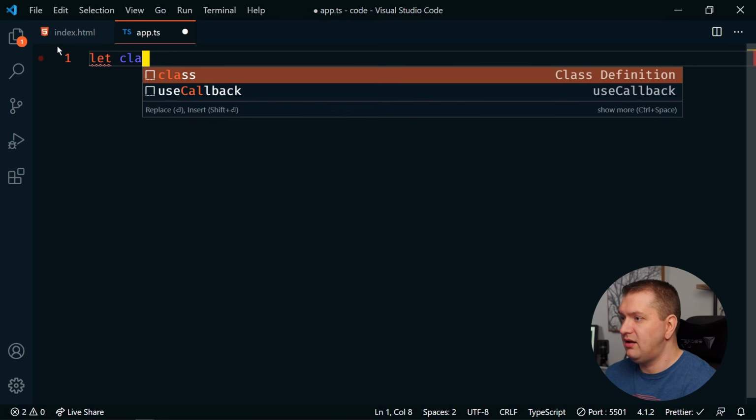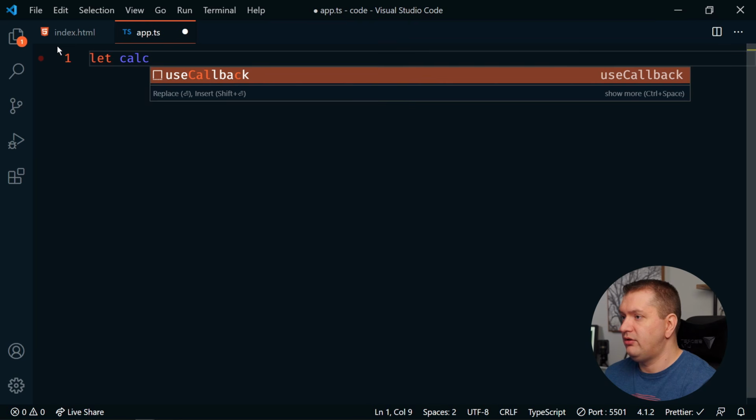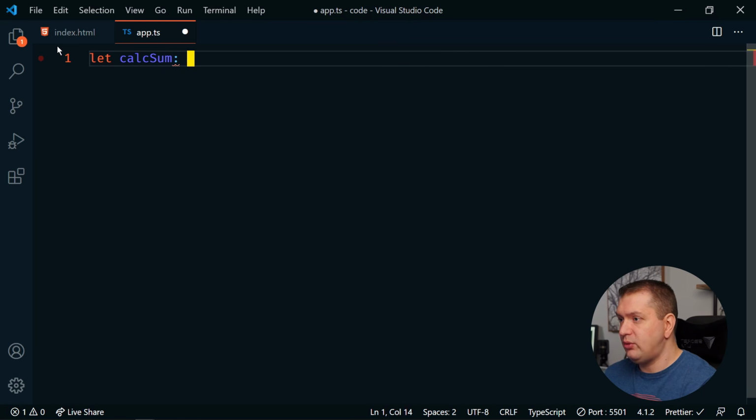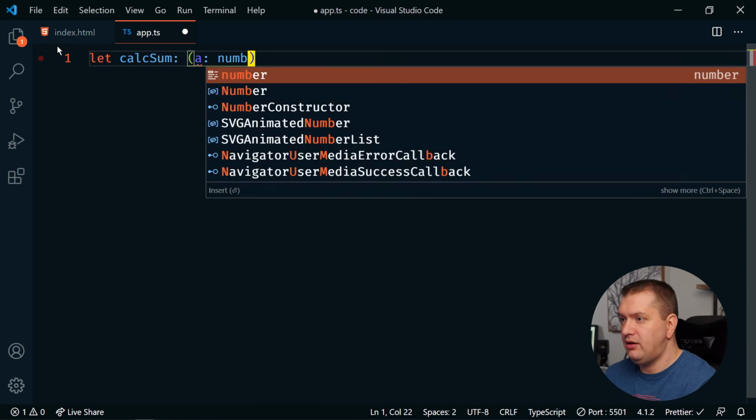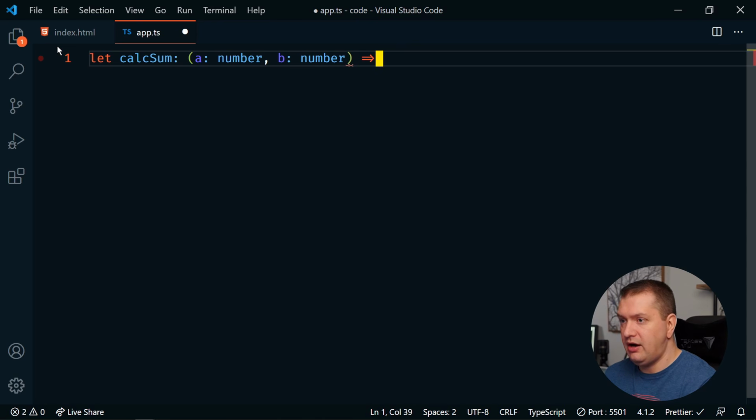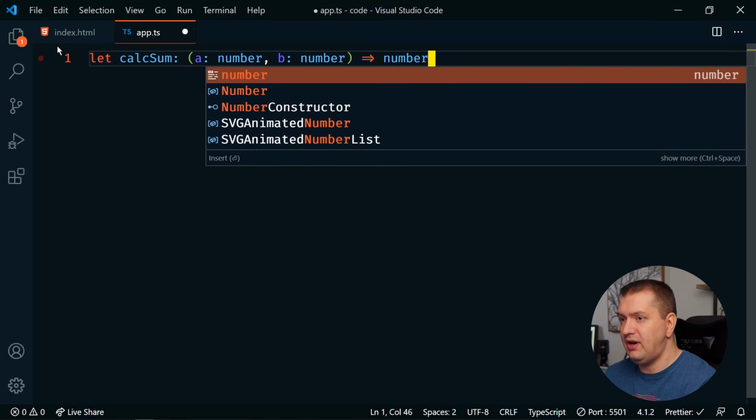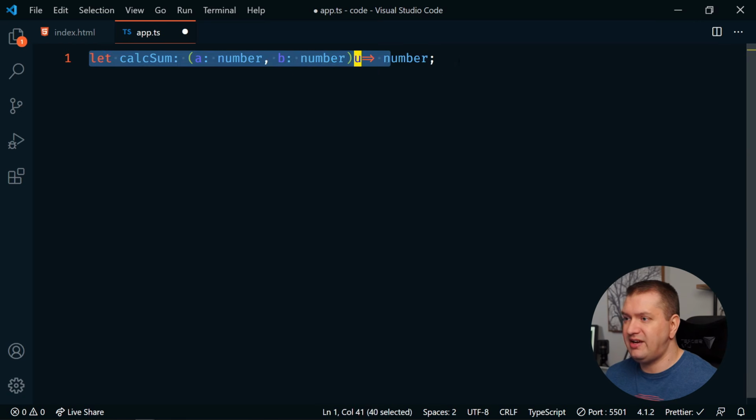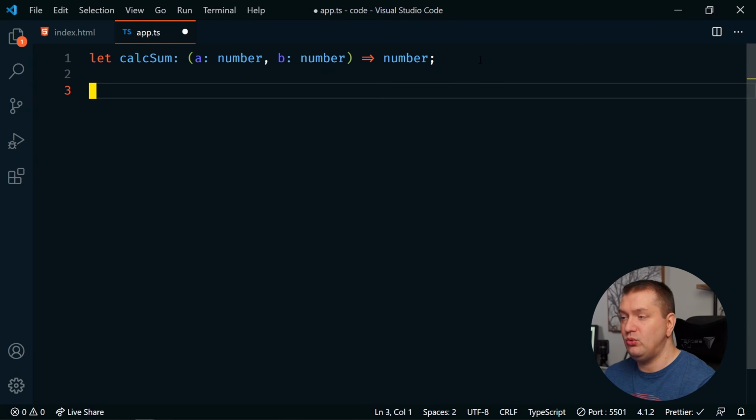I'm going to say let calc sum, and then I'm just going to define the types. So we'll say A number and B number, and then arrow, and we're going to return a number. Okay, so we're just defining this. This is a function. It's going to accept two parameters that are numbers, and it's going to return a number. So since we've defined this, now when we actually write the function, it's going to ensure that we write it